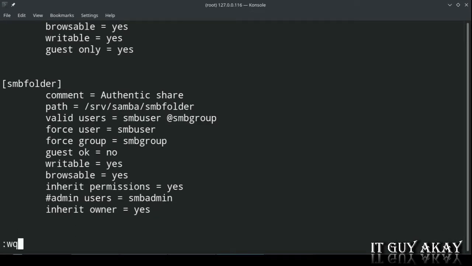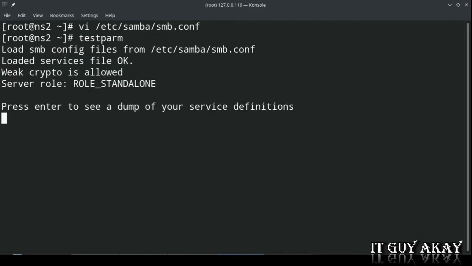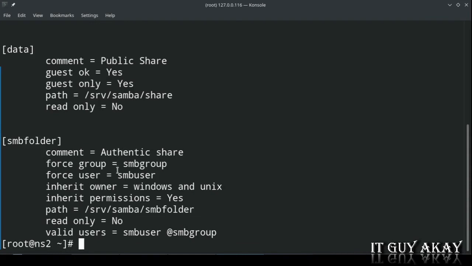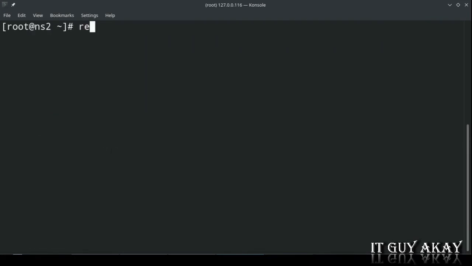Save this file and exit. Now run the testparm command to verify our configuration. If your configuration is okay, then reload the SMB services.